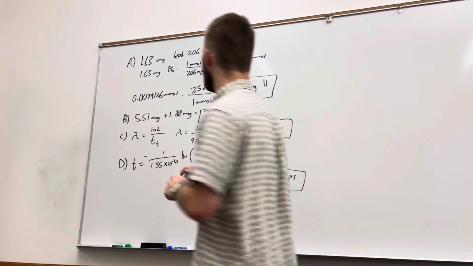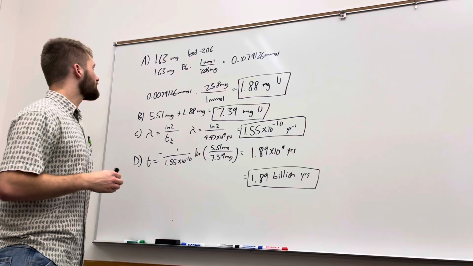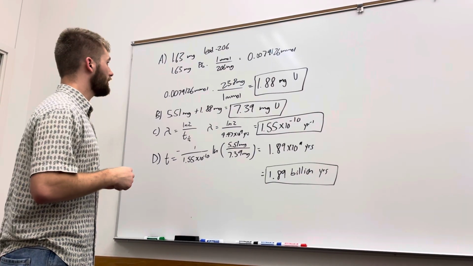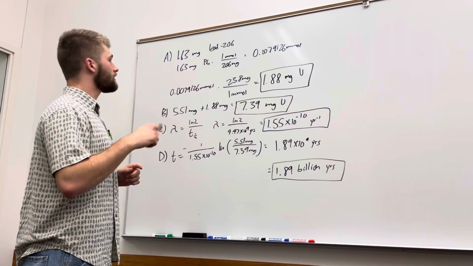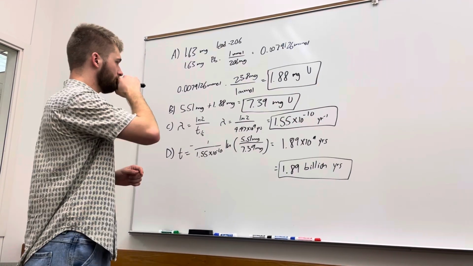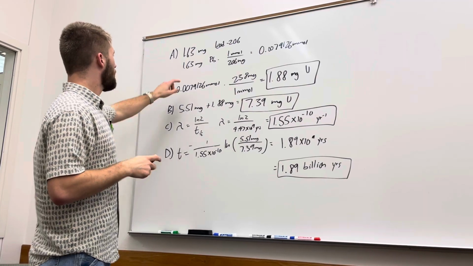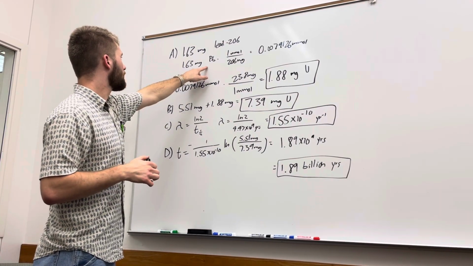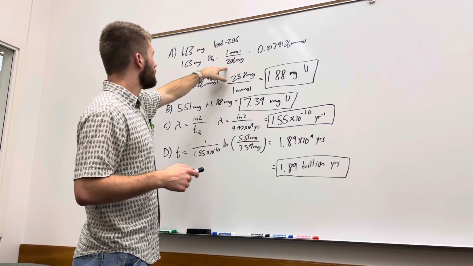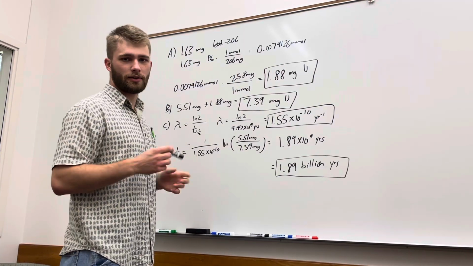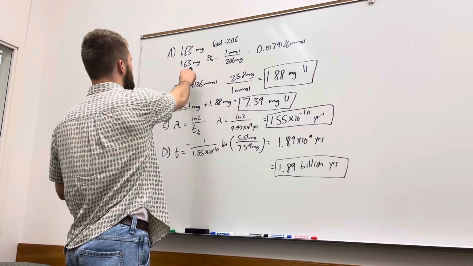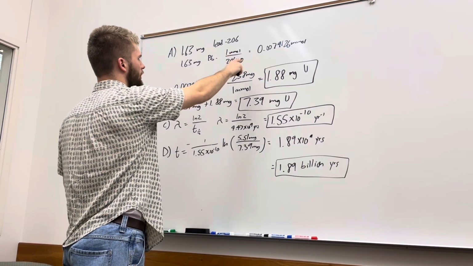So to do part A, we're given that we have 1.63 milligrams of lead-206, which has decayed from the uranium-238. So we need to just take that to moles so we can take it back to what the uranium once was. So we have 1.63 milligrams of lead, and it's given to us that 1 millimole of lead is 206 milligrams, right? That's just the atomic weight there. So when we divide the milligrams of lead that we have by the atomic weight, we find out